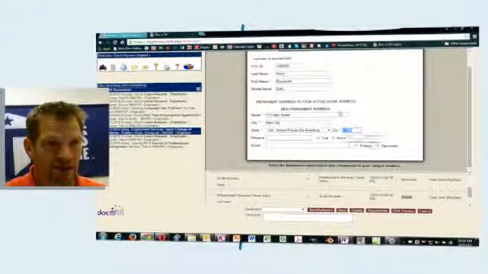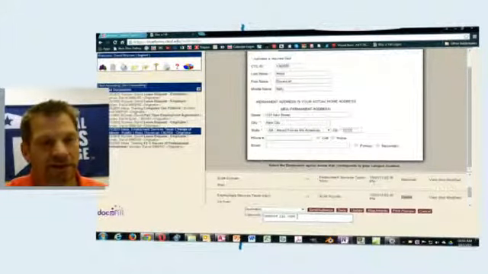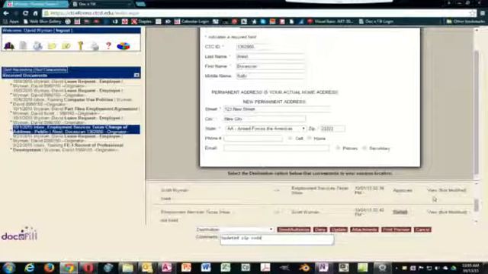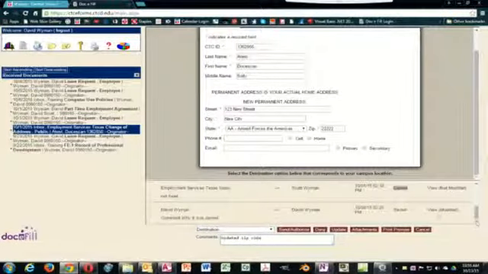Okay, so if I know that the zip code is wrong in this person's new address, I can just enter the new zip code and then make a comment down here, updated zip code. It's important that you put the comments in here because every time a change is made on the form through the process, it'll show over here, view not modified or view modified. So if someone sees that the form was modified but doesn't see an explanation of what the modification was, they might just send it back. Okay? So be thorough, be accurate,